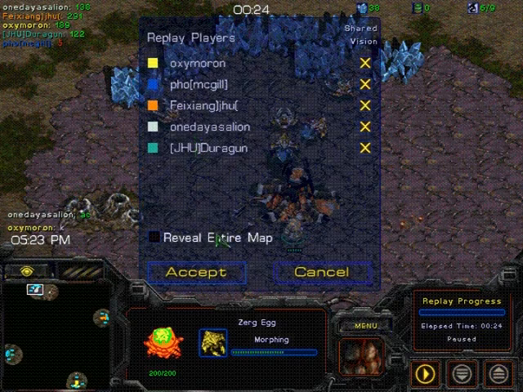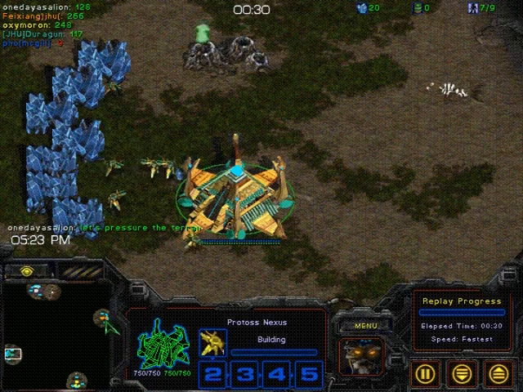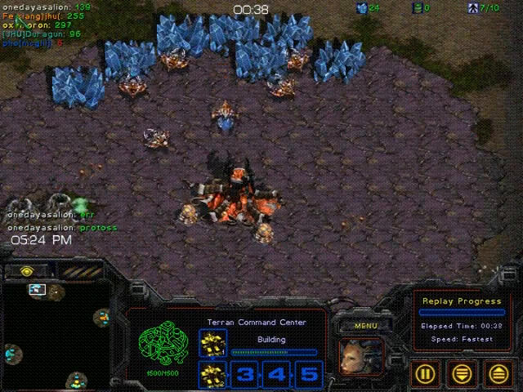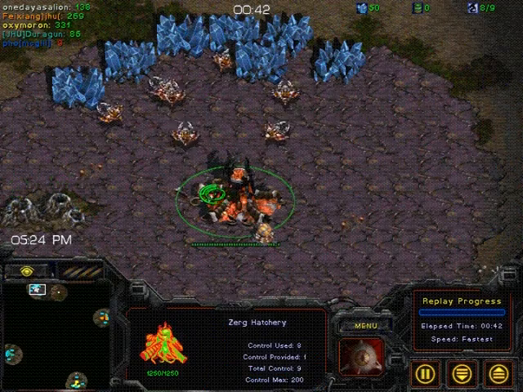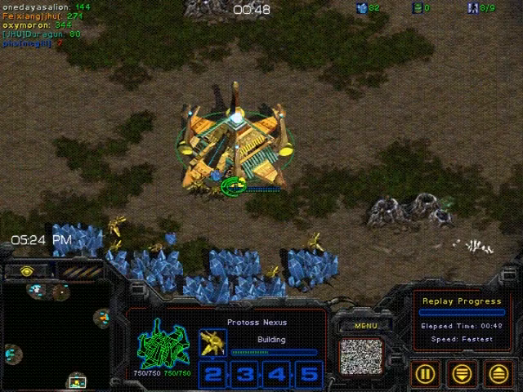We have here, playing for Johns Hopkins, the Teal Protoss on the left side called Duragun, and his ally Feixiang, the orange Terran, on the right side. And here we have the white player, OneDayAsALion, who's giving advice to his friend. It's actually correct advice. He is playing for McGill University up in Montreal, Canada, of course, and his ally is